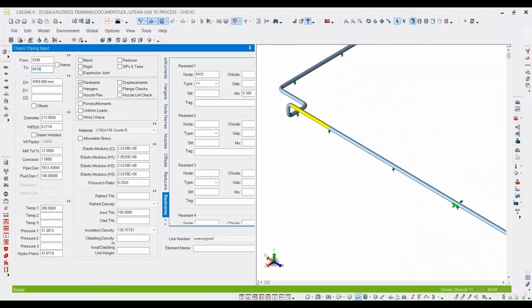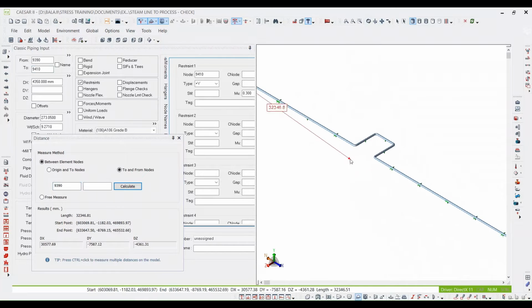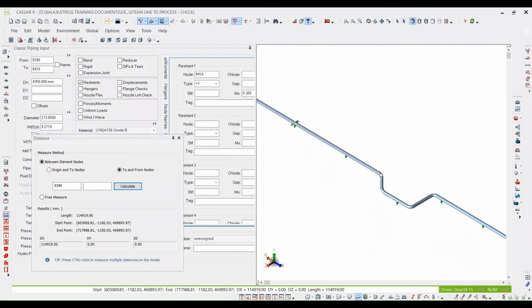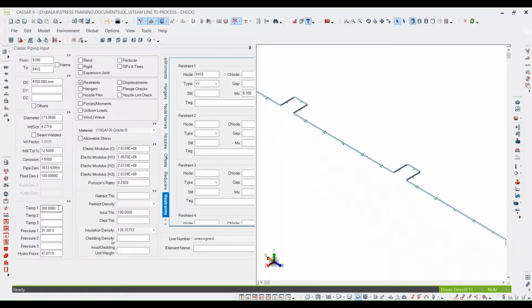For example, if you take this line, this entire stretch, from this bend to this bend, it is around 114 meters. It is around 100 meters, and if you see, the temperature is around 300 degrees centigrade. Okay. So for 300 degrees centigrade, if you calculate the expansion for 100 meters, then you will get